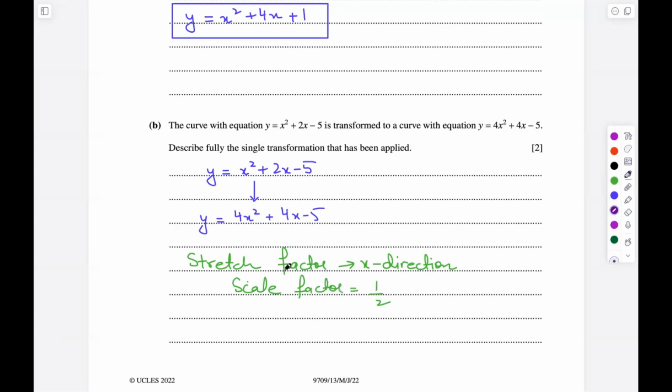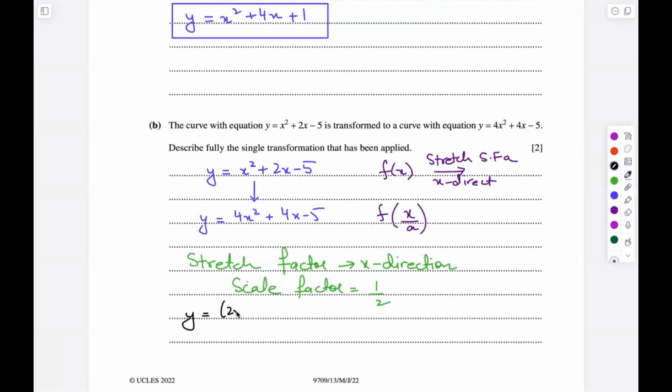Now for a stretch in the x direction, if we have a function f of x and there is a stretch in the x direction of scale factor, let's say a, then for that function we divide the x values by a. So if there's a stretch factor of 1 upon a, then we multiply the value of x by a. So if we take the scale factor as 1 upon 2, then for the original equation, y equals x squared plus 2x minus 5,